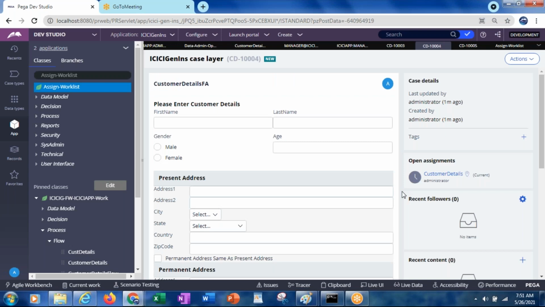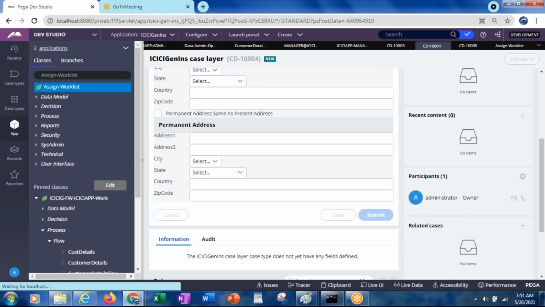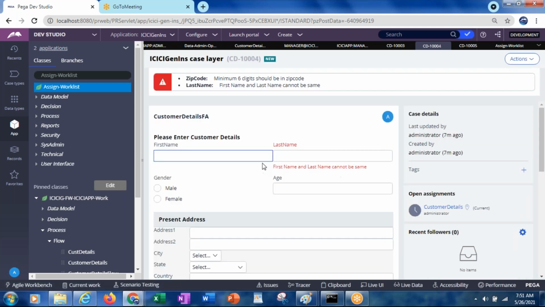On click of submit, if you go to the next screen, what will be happening? Confirm harness? No, we still have one more assignment. If no assignments are there, then it will be the confirm harness.